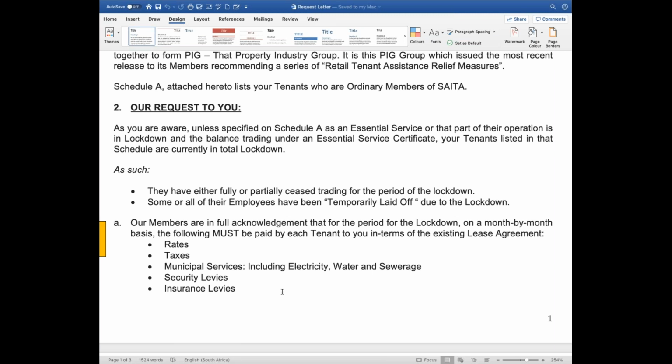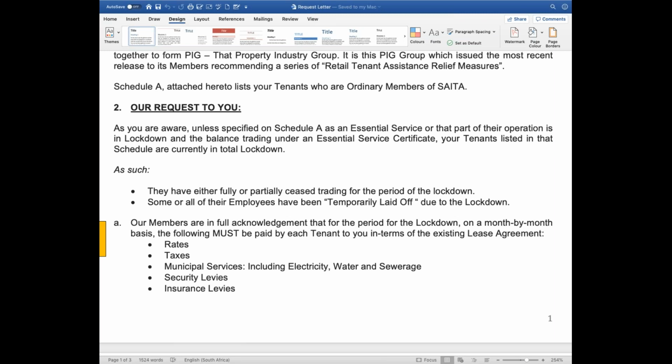Ivor: Yes. I think either Joseph or myself can talk on this. My understanding is at the moment, and I know it contradicts what I said the other day regarding why we would be paying these rates and taxes and utilities and so forth. But if we take a full step back and look at the current situation, we have been fully advised to not trade whatsoever during this time.